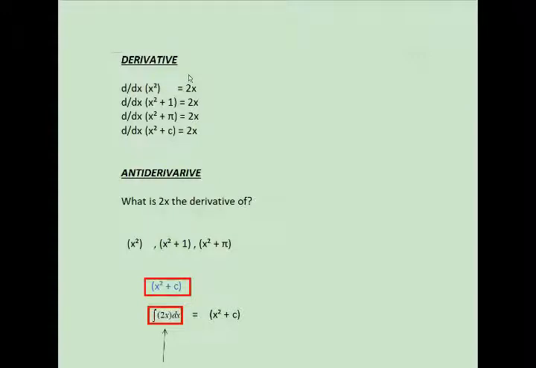Derivative. We know how to take the derivative of a function. If we apply the derivative operator to x squared, you will get 2x. And if I apply the derivative operator to x squared plus 1, you will get 2x too. And if I apply the derivative operator to x squared plus pi, you will get 2x, because the derivative of x squared with respect to x is 2x and the derivative of pi with respect to x is 0,